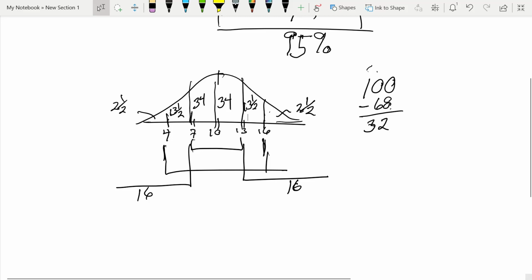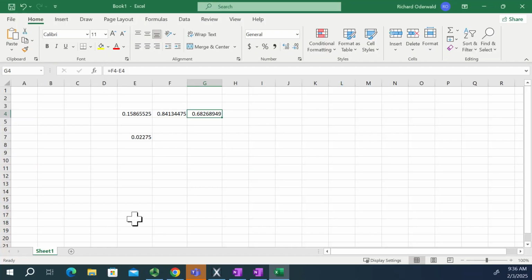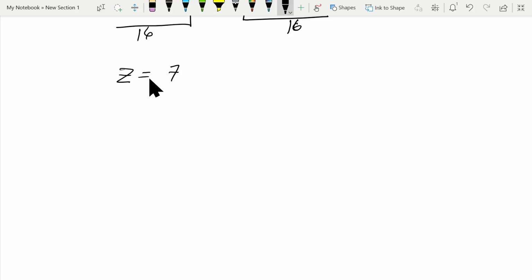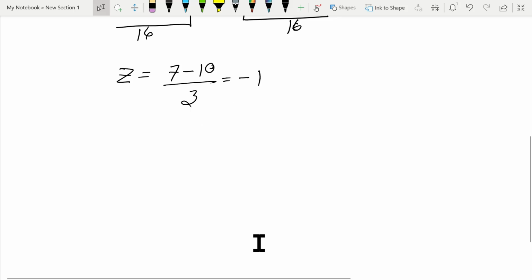Go back to Excel, and here, in this one, I put in 7, 10, the average, 3, the standard deviation, and 1 for cumulative. I have 7. I'm going to calculate the z-score. 7 minus 10 divided by 3 is equal to minus 1. That's the standard normal. I go to Excel,